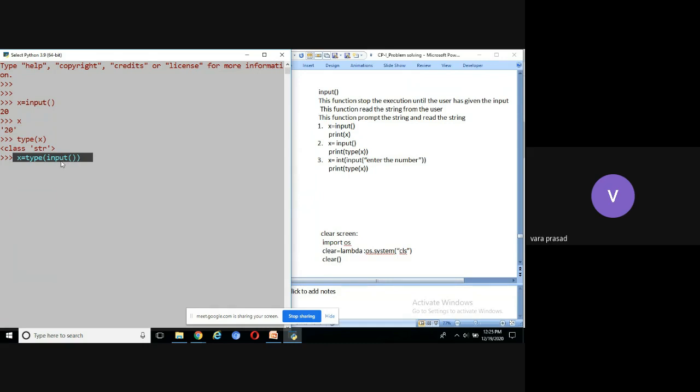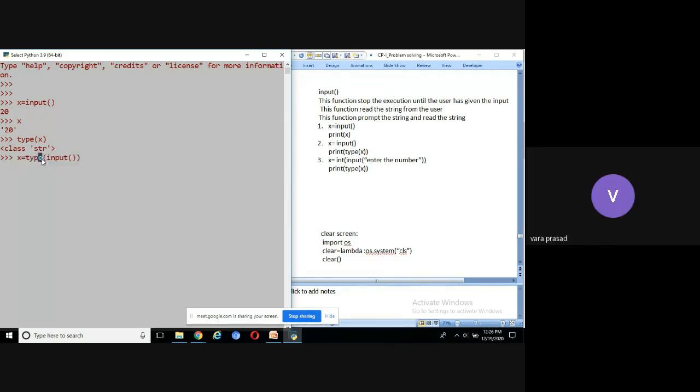Now, first the input function is executed. What it does? It will stop the flow until the user enters the value. If the user enters the value, it will take that value, and then the type function displays the type.